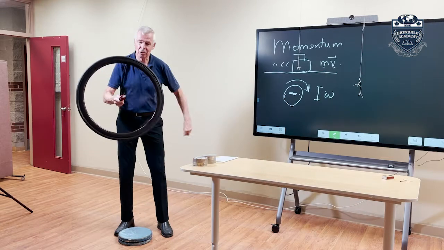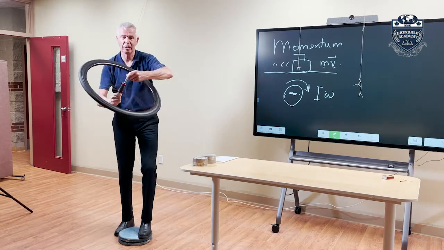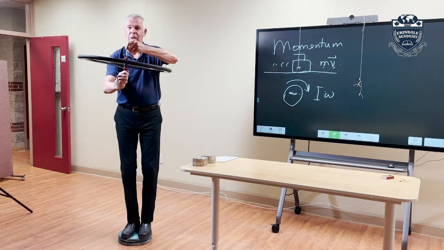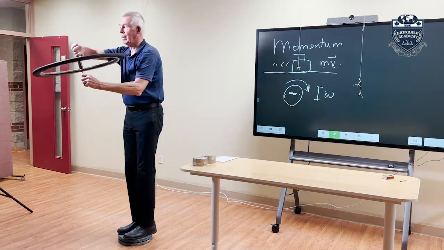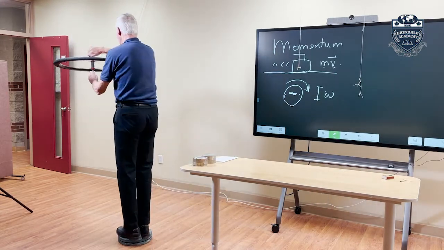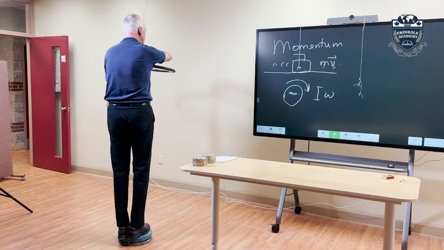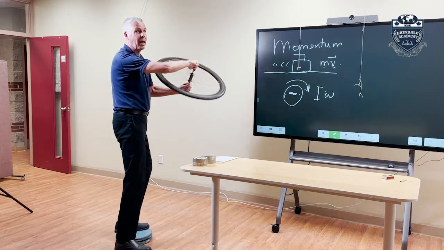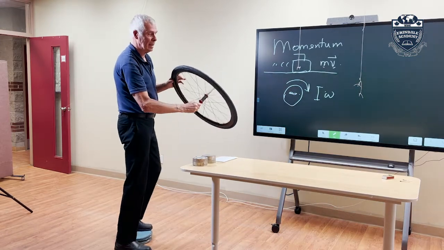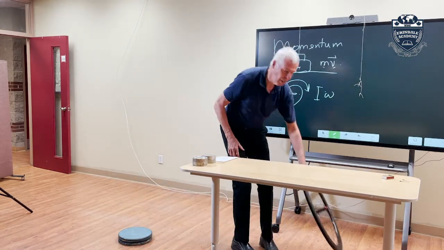So how does this conserve angular momentum? Well, watch. The wheel is spinning this way. When I go like that, I spin the other way. So the total angular momentum stays the same because I have absorbed some of the angular momentum of the wheel. Another way of looking at this